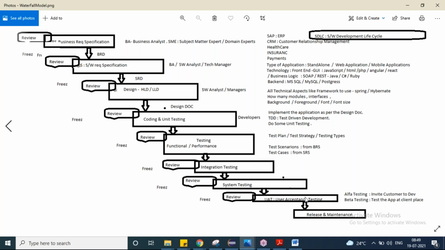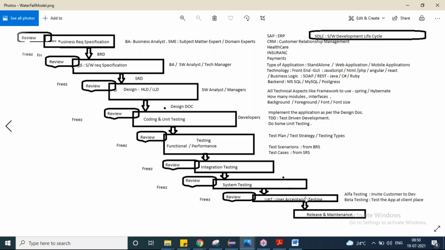So now, as a team, we will conduct functional testing and performance testing. Meanwhile, we have written functional test cases and performance test cases. Those have to be reviewed and approved, and then we'll move on to another stage called integration testing. Integration testing means, let me say, I have multiple modules. If you're implementing Gmail as an application, Gmail will have an inbox, sent items, trash, and different modules like that. Maybe first you'll test the individual modules, but after you're done with testing the individual modules, you have to go for connectivity across the modules.